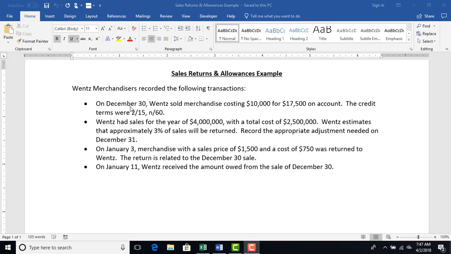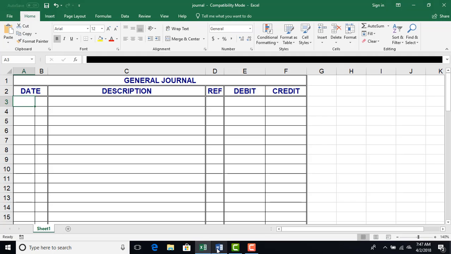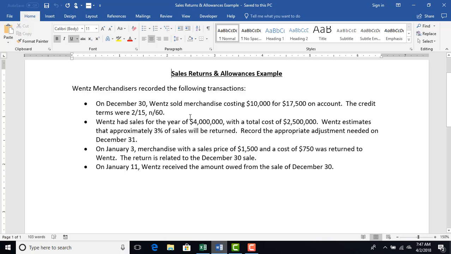It's just 4 separate transactions that it wants us to record here for Wentz Merchandisers. I'm going to walk through these, and then I have journal paper over here in Excel where we can record these transactions happening. Wentz Merchandisers recorded the following transactions. It tells me on December 30th, Wentz sold merchandise costing $10,000 for $17,500 on account, with credit terms of